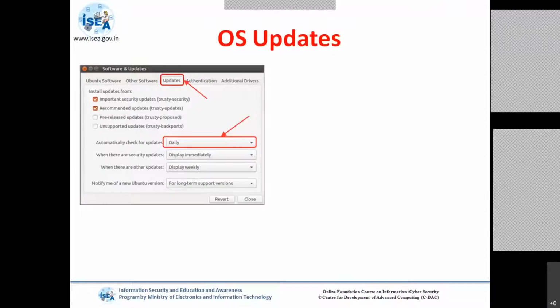Updates have to be checked daily, or when there are security updates, you have to install them immediately. And when there are other updates, you have to install them weekly. So this type of settings you have to make in the Software and Updates section of your Linux machines. These are some of the things you have to follow when there is a default OS already installed on your PC.